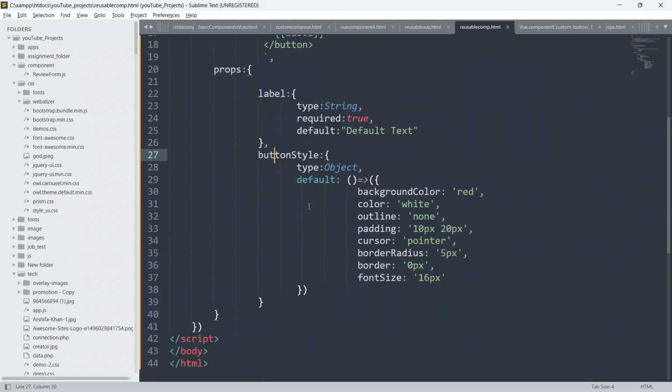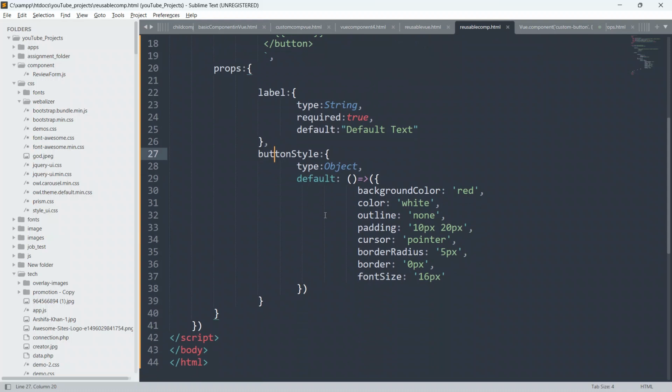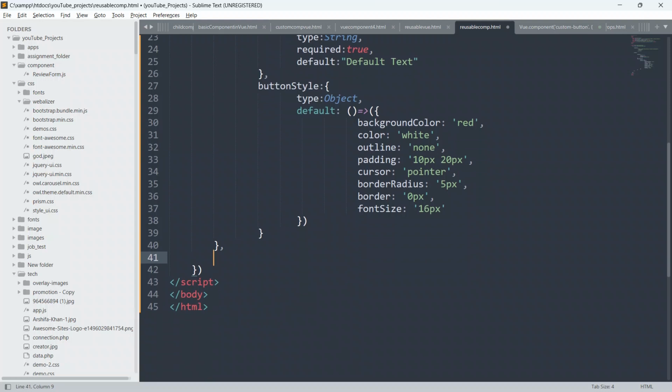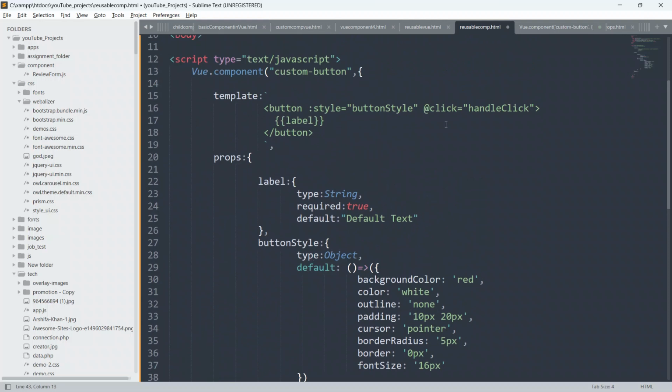Now just close this, put comma, and below this I'm going to create methods also. So put colon, open and closing curly braces, and now we have to define this method, click handle, which will be triggered when the user clicks on the button.